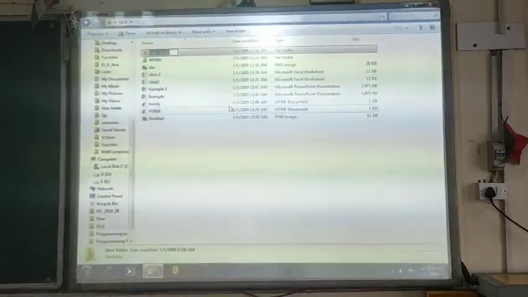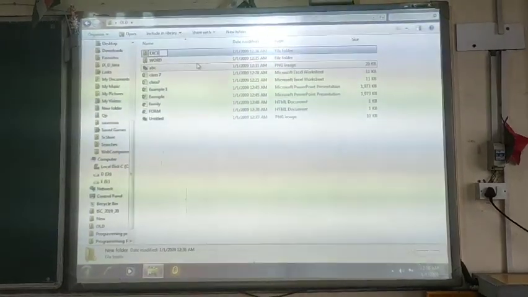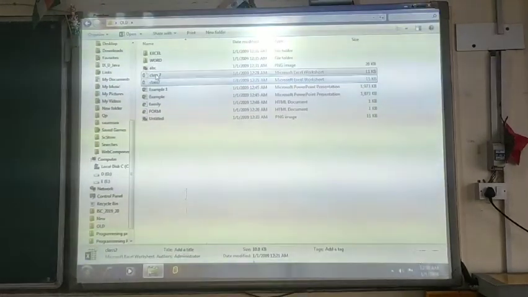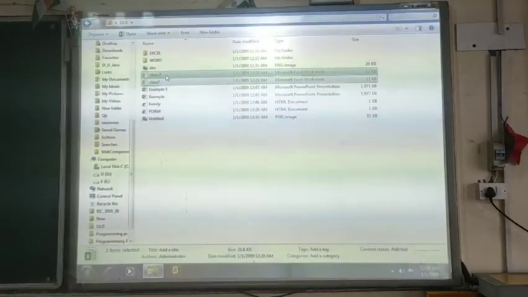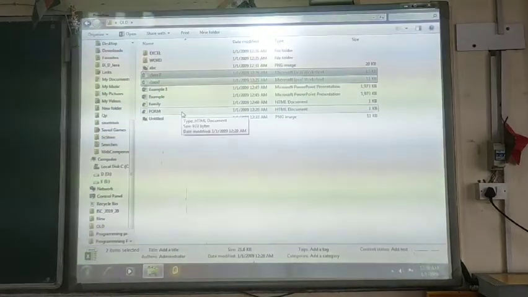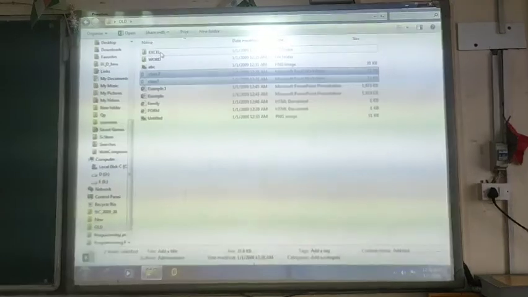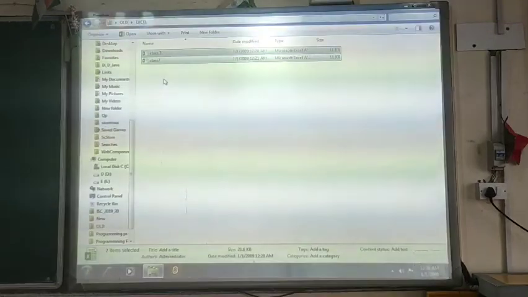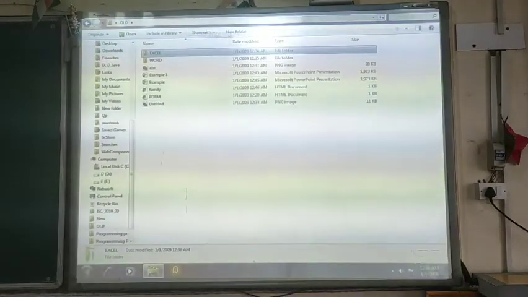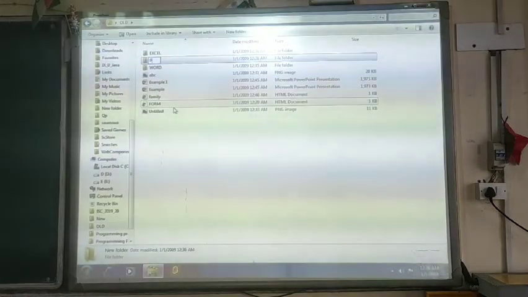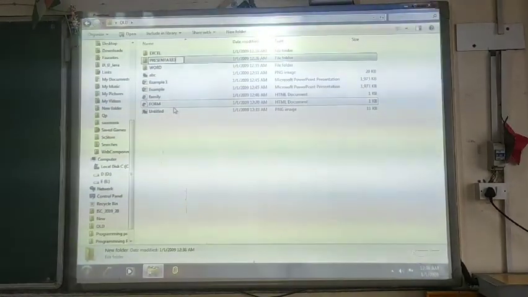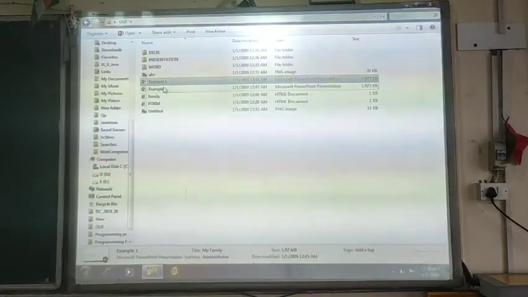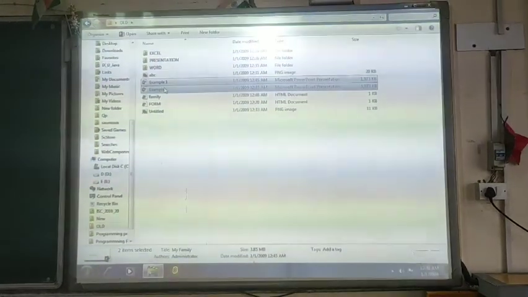In the same way, suppose we create an Excel folder. We select the Excel documents, and if you do not want to use Organize, you can use the shortcut key Ctrl plus X, and then go to the particular folder and use the shortcut Ctrl plus V. The files have been moved here. Now another one, presentations. Suppose you want to move all the presentations here. So 1, 2. These are the 2 presentation files.